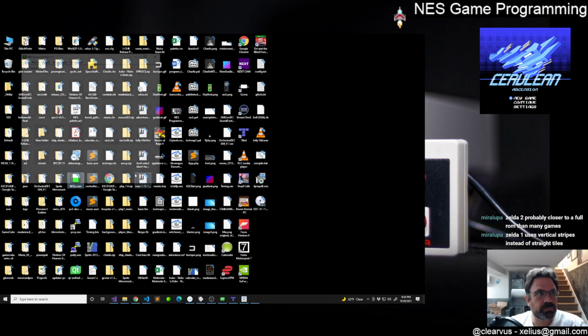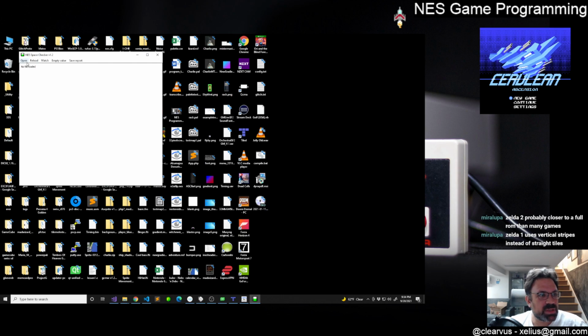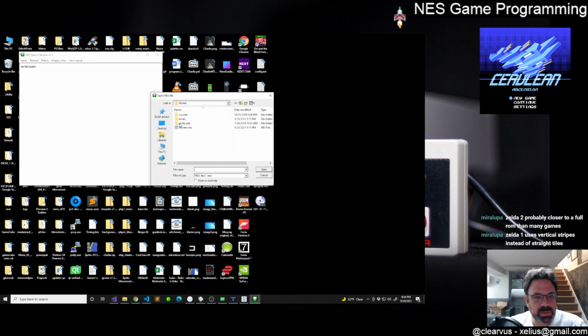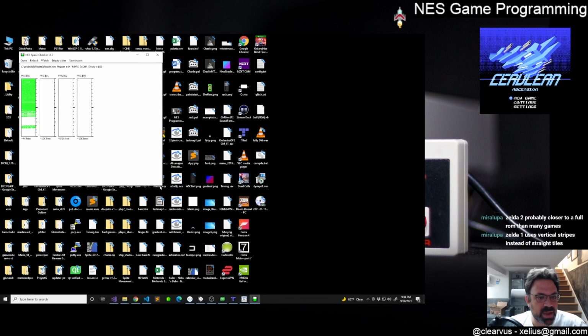Yeah, this is it. So you load your ROM and it'll tell you based on your mapper how much space you've used. So we've got about 4K free in the first bank, and all the rest of our other banks are free